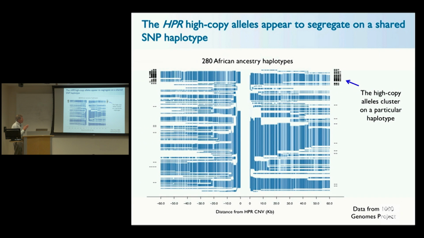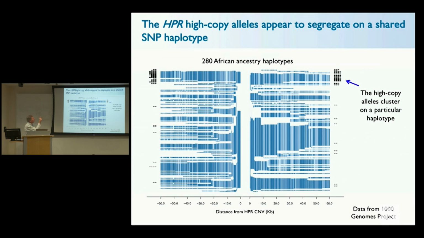And if you look at the haplotypes on which these duplication alleles lie, you see the following kind of pattern. This is a plot we call a spider plot. And what this is showing is 280 different haplotypes from people of African ancestry from 1,000 genomes. And the center of the plot is the HPR gene. And then the haplotypes are branching out as they diverge from each other, moving away from the HPR gene. And each horizontal line is a different haplotype. And then these little black tick marks are showing you where there's extra copies of the HPR gene on particular